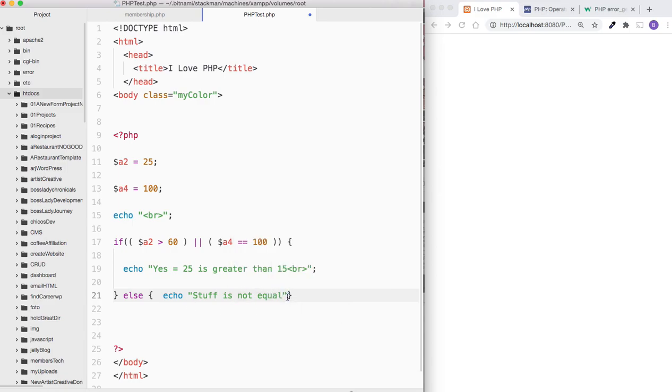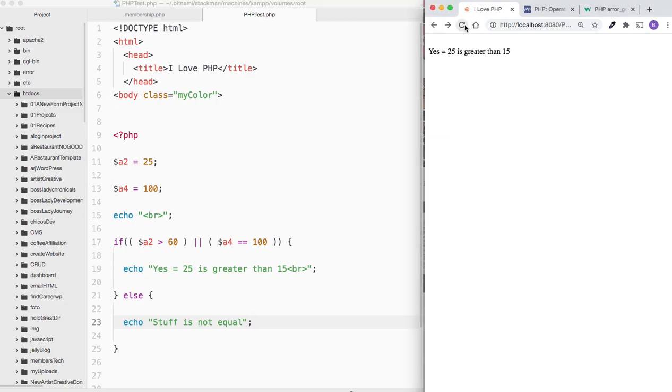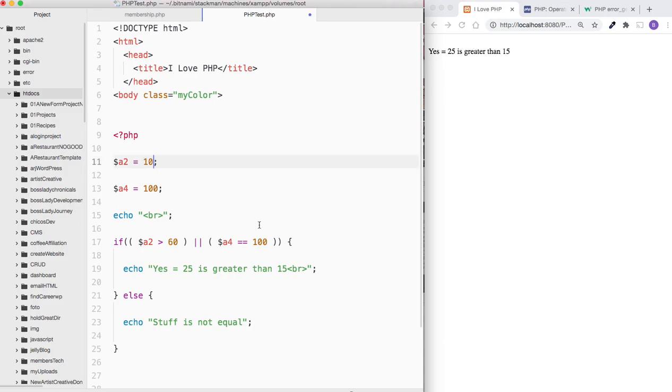So let's put this in, move this below, let's bring that up, and let's give it a shot. There you go, 25 is greater than 15. Let's say we wanted to move, let's make this 10. Save. Still the same thing. How about if we made, let me see, if this is greater than this,